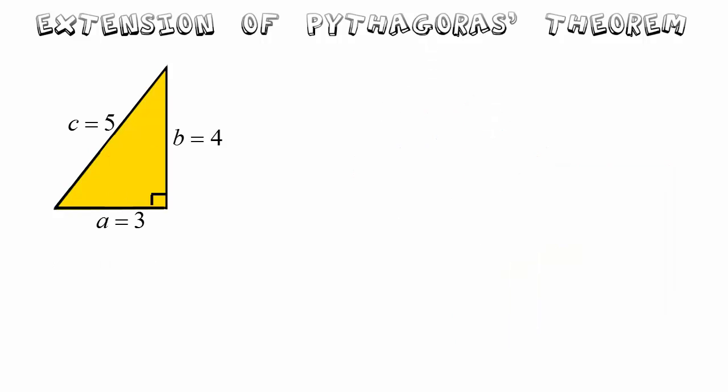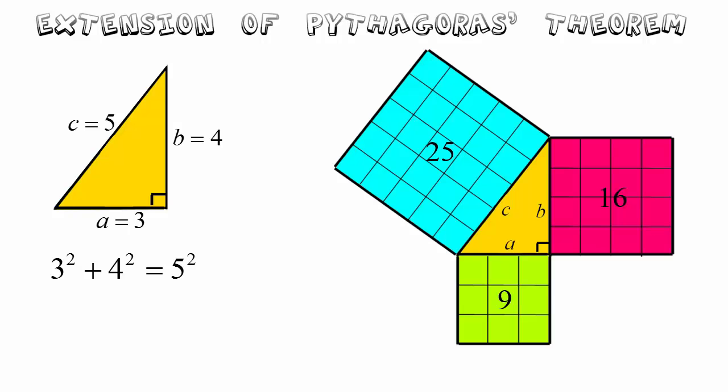And just to show that using some values, let's suppose that our three side lengths are a equals 3, b equals 4 and c equals 5. The units, of course, could be any units of measurement: centimeters, meters, and so on. Then the relationship a squared plus b squared equals c squared gives us 3 squared plus 4 squared equals 5 squared. And showing that as a diagram, of course, you can see that we have a squared, which is a